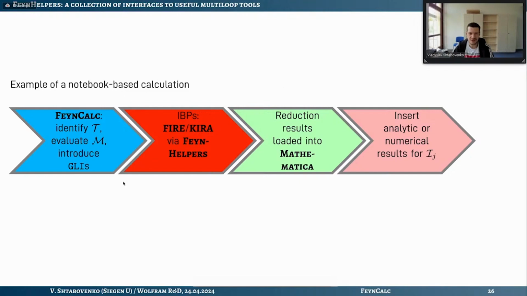So if you're doing a notebook calculation, the main point will be here. Once you're done with evaluating the amplitudes in FeynCalc and you've been able to write the amplitude as a linear combination of GLI integrals, what you would do is use FineHelpers to create run cards for Fire or Kira, then do this IBP reduction, and then plug the results back into Mathematica, and then continue with